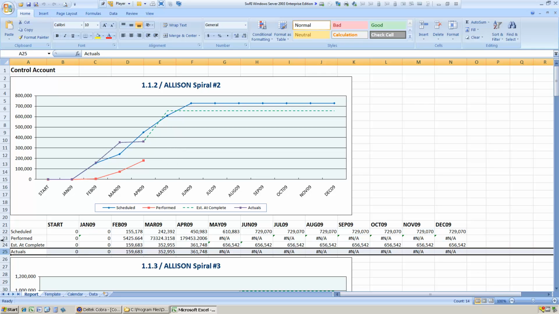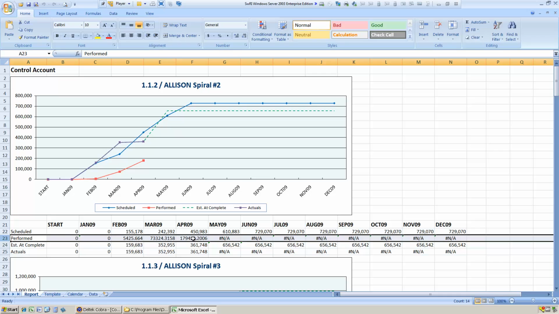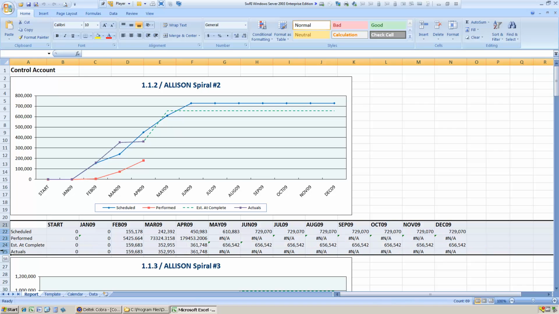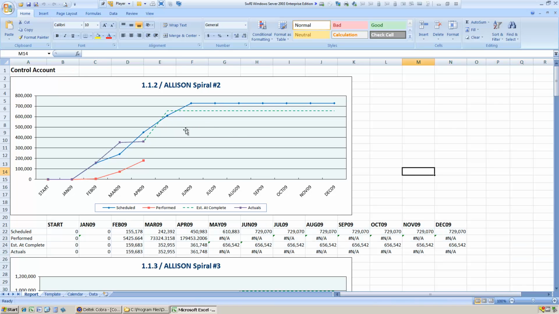So our table underneath, you can see some of the formatting could be tidied up here, but you can see now we've got NA being shown after the data date. That doesn't matter though, because I'm not going to use this table when I present it to anybody. I'm going to use this graphic. So in our next video, you're going to see how to copy these graphics out of this Excel file into a PowerPoint file where they're easier to present and